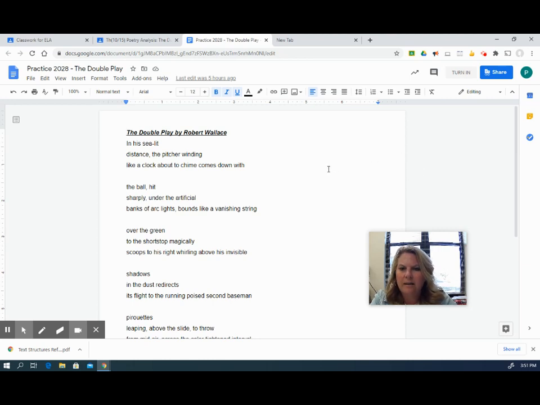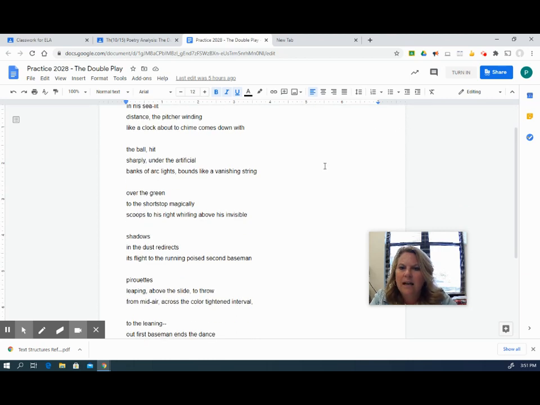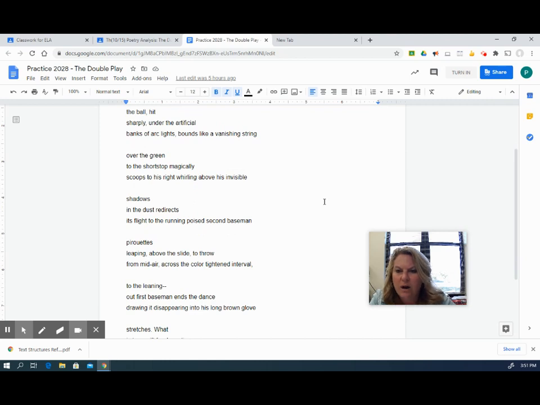The Double Play by Robert Wallace. In his sea-lit distance, the pitcher winding, like a clock about to chime, comes down with the ball, hit sharply under the artificial banks of arc lights, bounds like a vanishing string over the green to the shortstop, magically scoops to his right, whirling above his invisible shadows in the dust, redirects its flight to the running, poised second baseman,